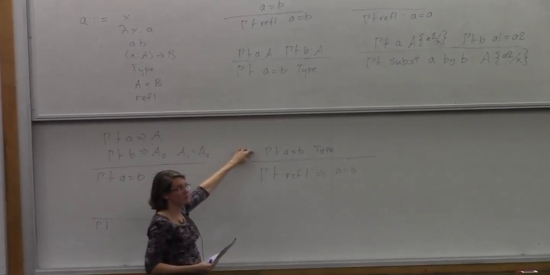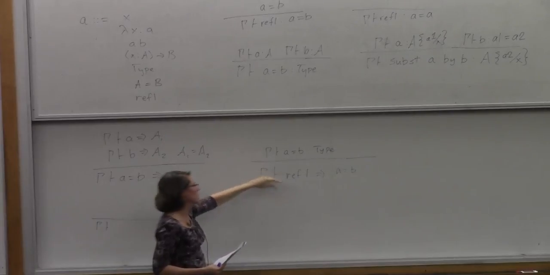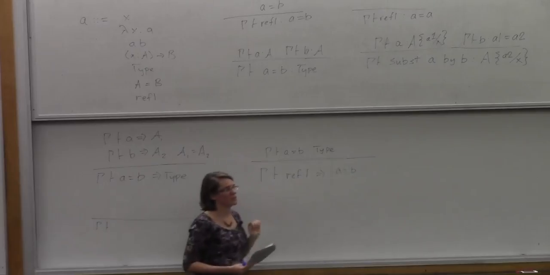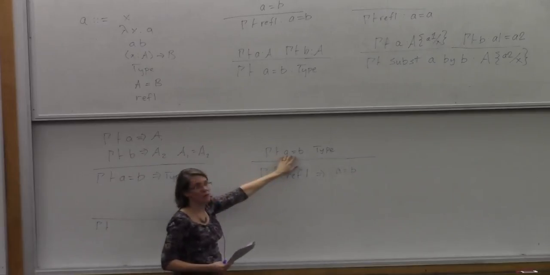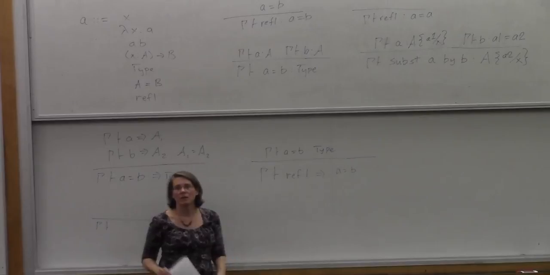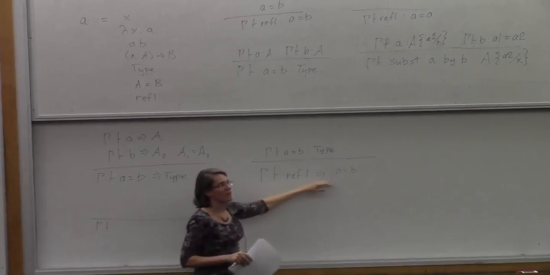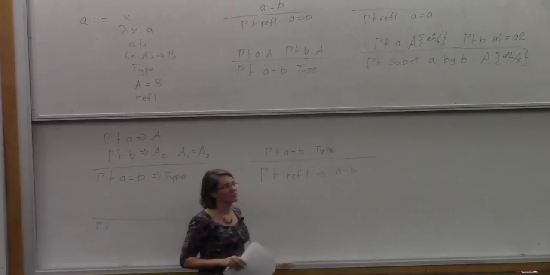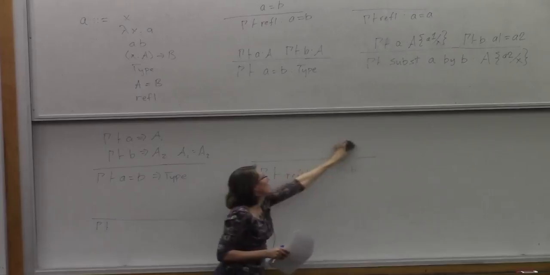This doesn't ensure that A is equal to B. This would allow us to show that REFL shows that true equals false, because true and false are equivalents, and that's all that this requires, that the two things have the same type. True equals false is a valid equality type, but we should never be able to say that REFL has type true equals false. So that's why we need to make this restriction that REFL